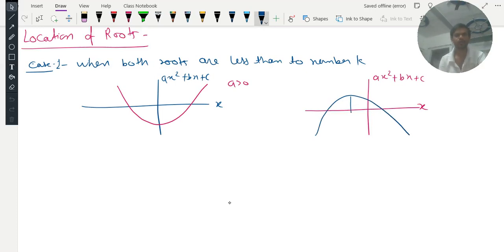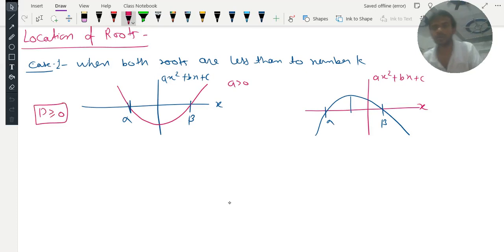This is the value of alpha and this is the value of beta. So in this case, D will be greater than or equal to 0